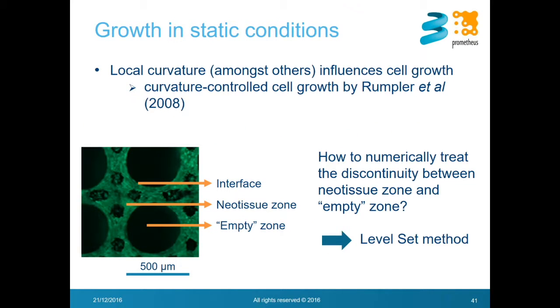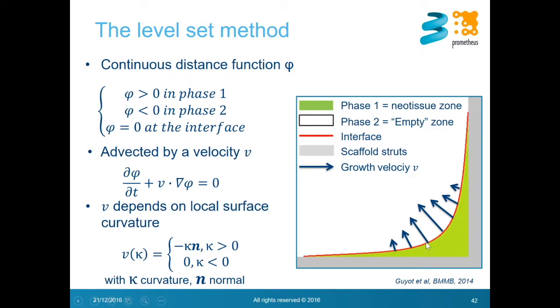So what we did there is we developed a model for the growth of neo-tissue, so the cell proliferation and the extracellular matrix production by those cells together, that we call neo-tissue. And we made a model that simulates neo-tissue formation inside these scaffolds. We did that using a level set method, where we basically track the interface between the neo-tissue and the void space. Now, we know from biology that cells like to be in these corners, so we had a curvature-based growth velocity. Where you have, here in the corners, the specific values of curvature, your speed will increase, and on the flat surfaces, the speed will be